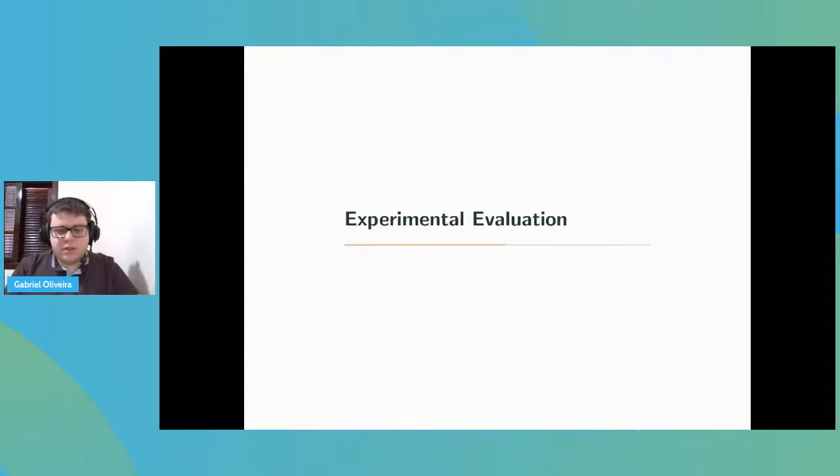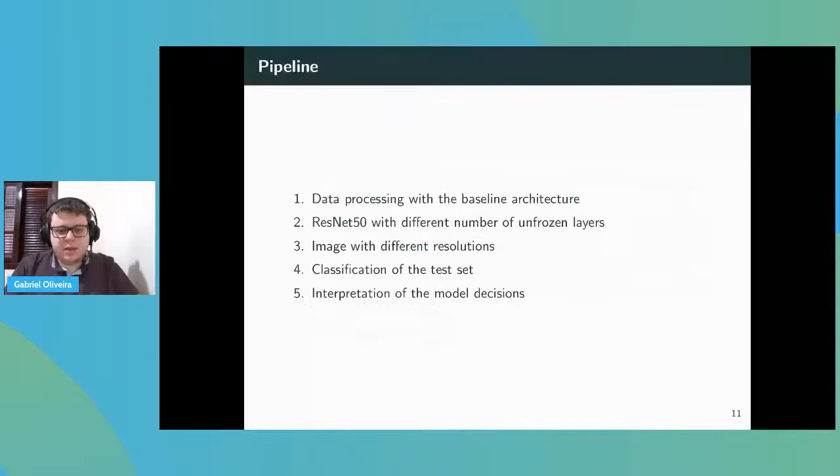So this is our experiment. This is the pipeline of our experiments. The first one is using the different data processing techniques with the baseline architecture. We started with the baseline architecture because it has fewer parameters than the ResNet 50, and it can run